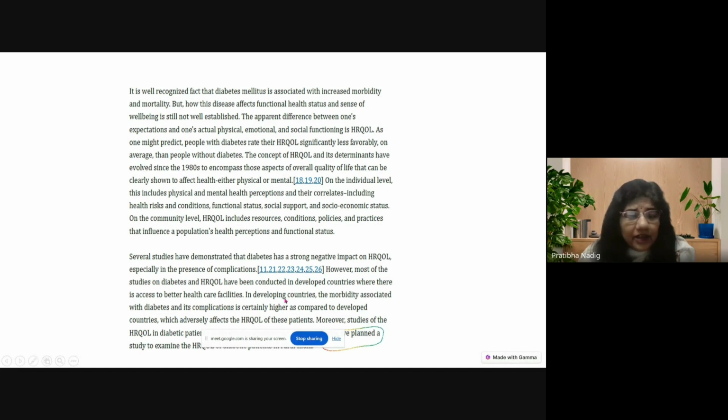And then they should also tell, in developing countries, are there any studies? They will ask that question. No, very few studies are done. If at all they are done, then they should say this study did the study like this, but the number of patients was less. The study design was not appropriate. Any of these can be used.